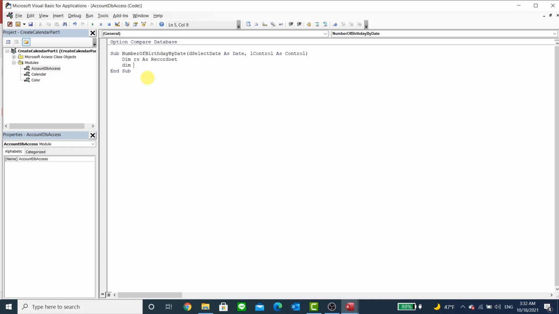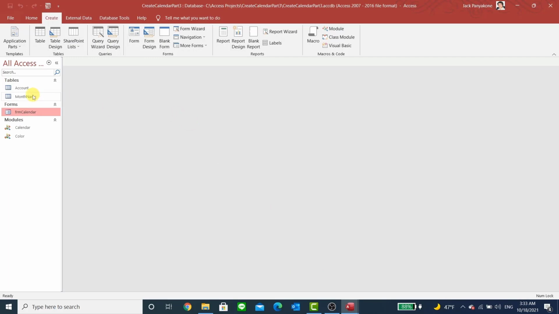Dim SQL. I'm going to form an SQL statement using string as string. And then here I'm going to say SQL equals. All right, so what do we want? We want a count, a number of birthdays for a particular date. So if we go back here and examine the count table,